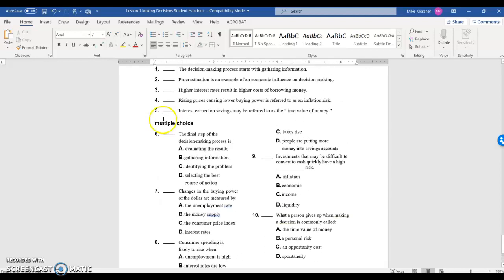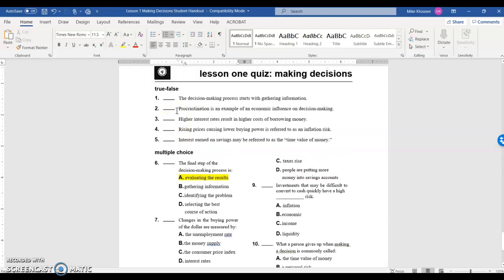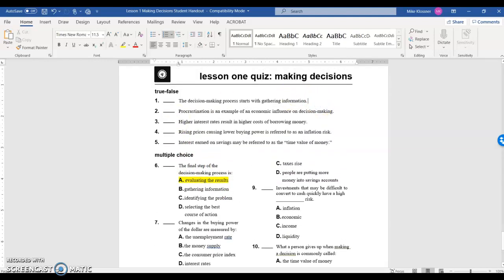For the multiple choice, it doesn't allow you, for some reason, to type in there. So for the multiple choice, you can highlight and then use the highlighter. Okay, that would work there. For true false, either come here at the end, false or true, or you can type in the letter at the beginning. So either way works for that. All right, so you're going to take this quiz,